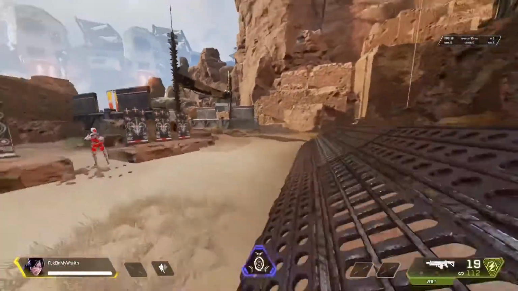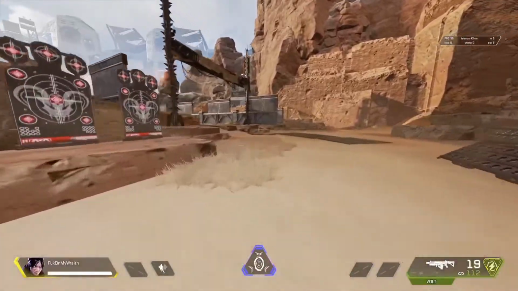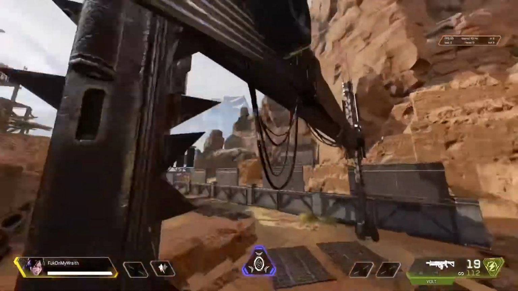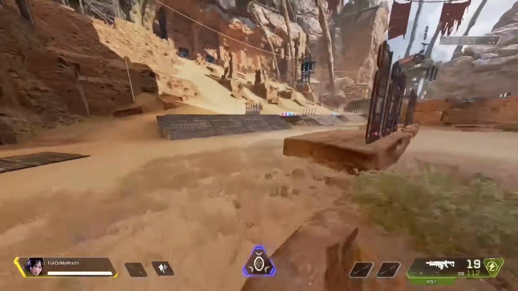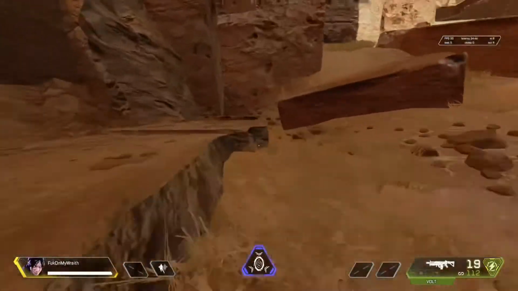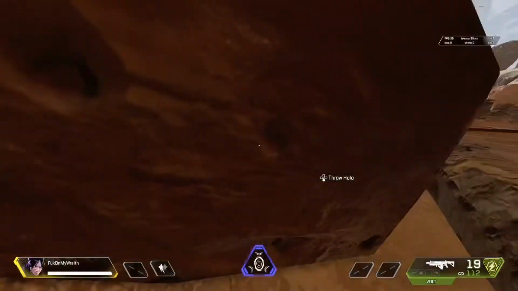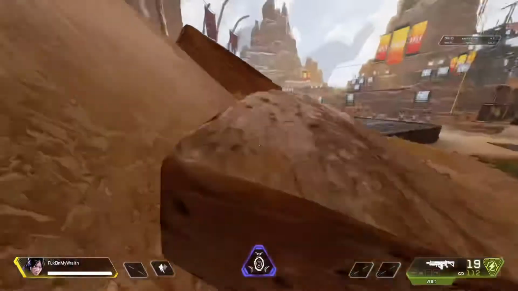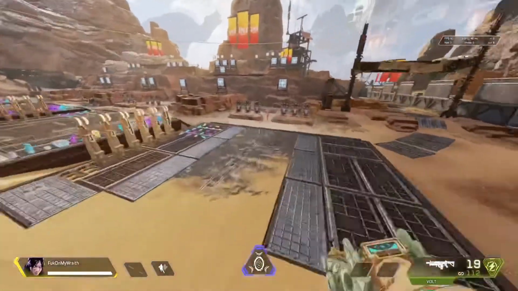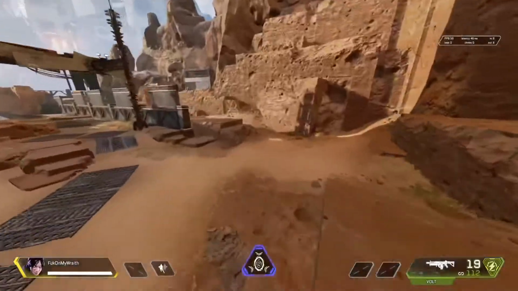Another is her movement. She's probably the best legend for movement. Well, not based on abilities, but on non-abilities. She is really small, and it is very hard to fight against her if you're not a Wraith. So she's really good for movement. So when you use Wraith, make sure to